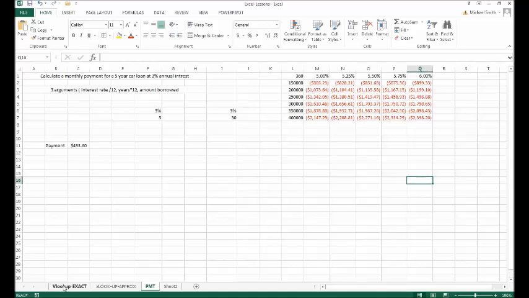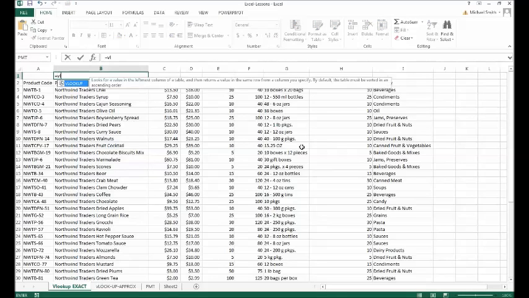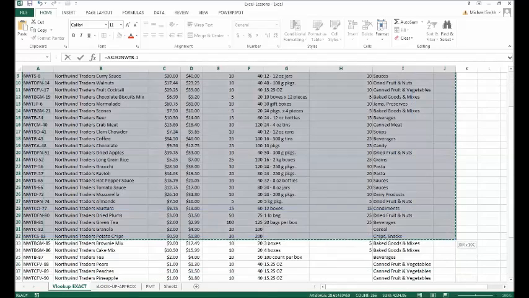Now we're going to go over and do VLOOKUP. For this one, we're going to look up something like inventory management. So we're going to start here in column B, and we're going to go equals VLOOKUP, and we're going to look up what's in cell A1. And then what table array? Well, we better go define a table. So I'm going to start right here. I got rid of the formula. Our table is going to start in cell A3, and we're going to go over and down to cell